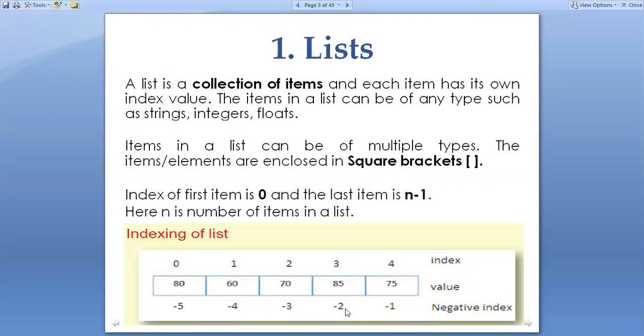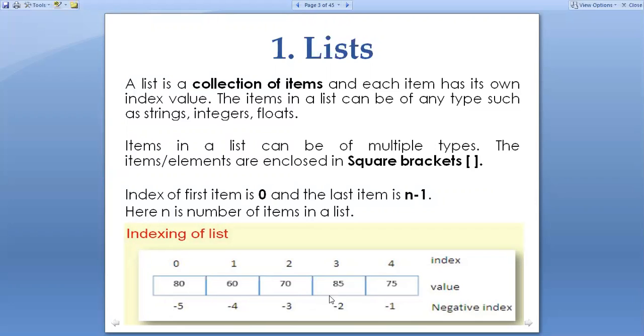And here at the bottom, there is also a negative index. Left to right is the positive index, right to left is the negative index. So last to first: -1, -2, -3, -4, -5 here. The last element in negative indexing will be -1.